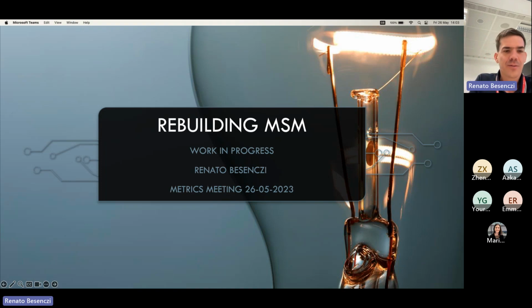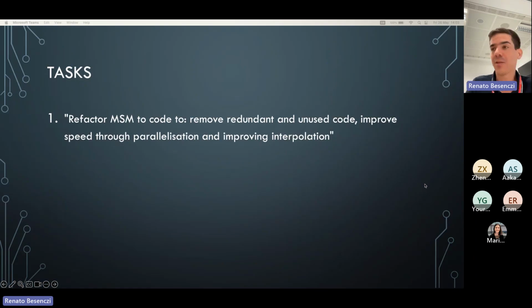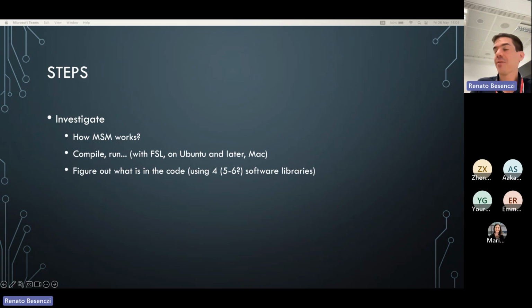What we are going to talk about is what I should do with the MSM, and my first task was, and this is a quotation from the Notion page that Emma prepared for me before I started: refactor MSM code, remove redundant code, unused code, improve speed with parallelization, and improve the interpolation method in general, and specifically in the MSM software. So what steps